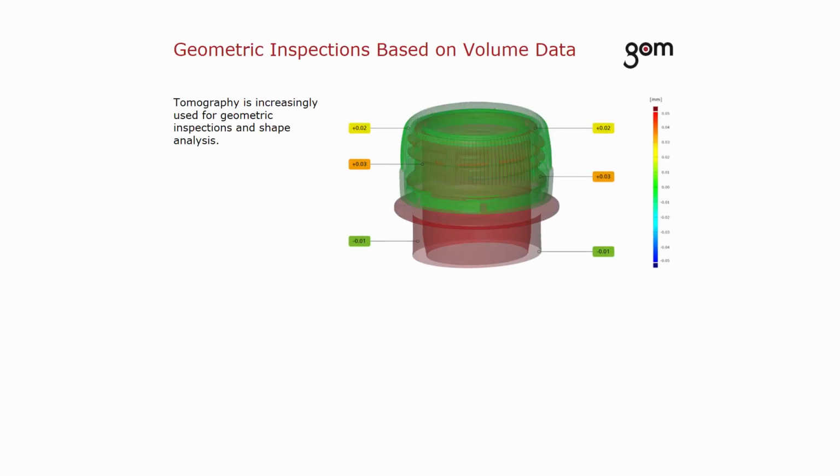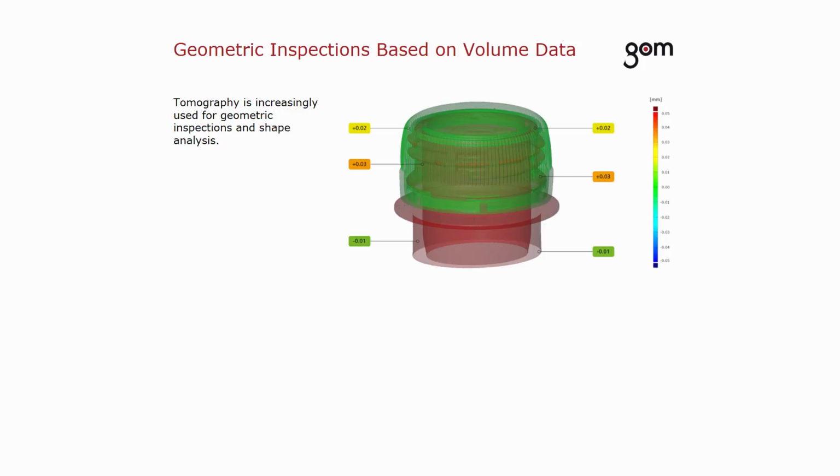Tomography reconstructs a 3D volume without destroying specimens. Tomography is increasingly used for geometric inspections and shape analysis. In order to perform 3D inspections, the volume model of the tomography needs to be transferred into a surface representation,